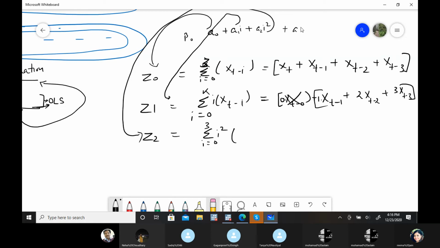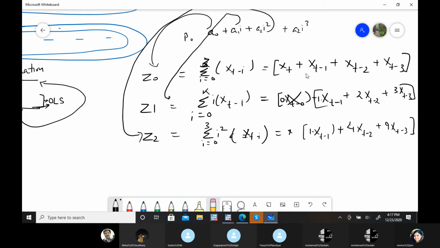If you want to add I cube, then you have to add Z3 as well. For this particular part, xt minus I, first it's 0, so it will cancel. Then it will start with 1 square is 1, so 1 into xt minus 1, plus 2 square, 4 xt minus 2, plus 3 square, 9 xt minus 3.